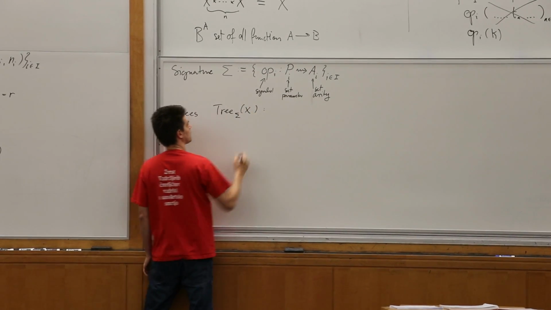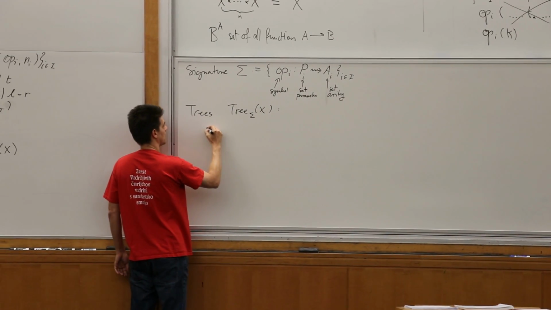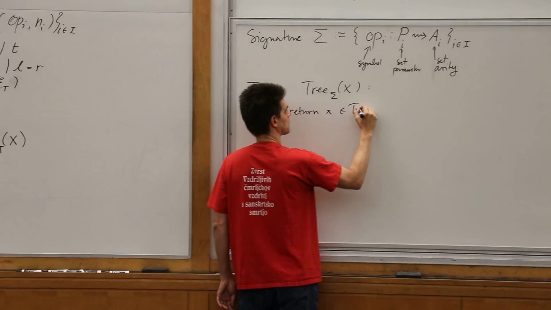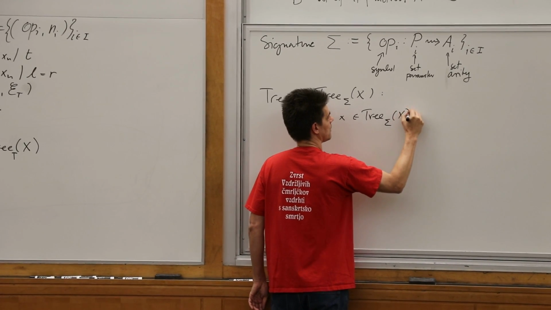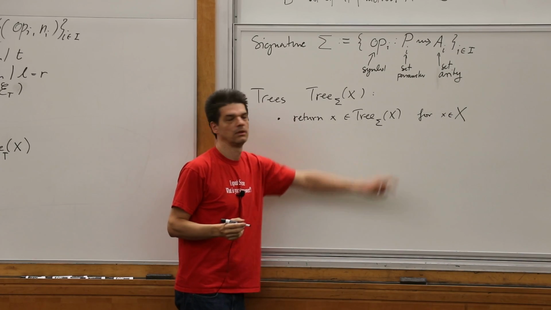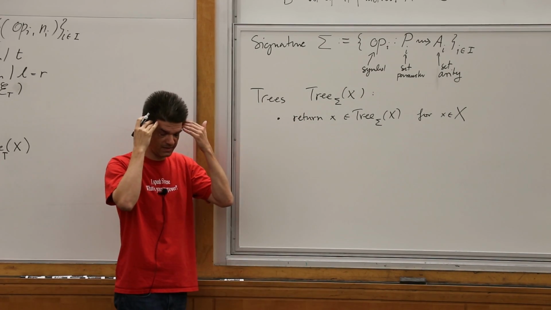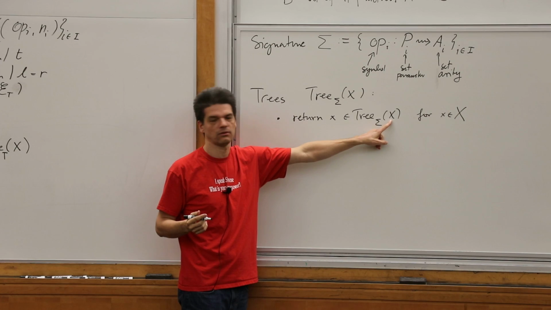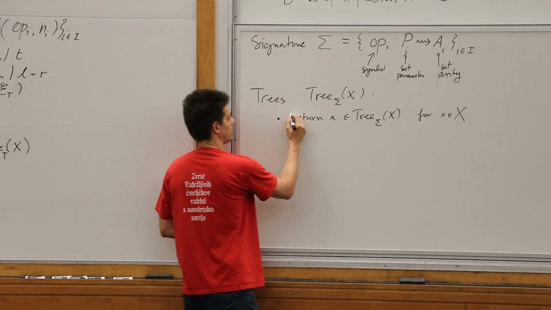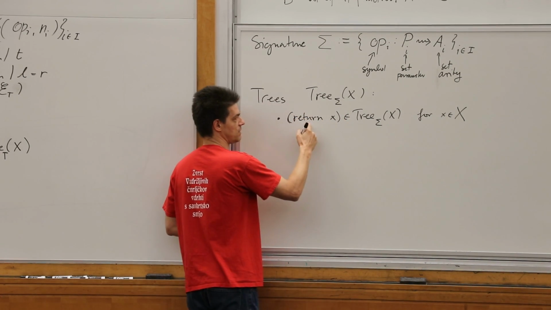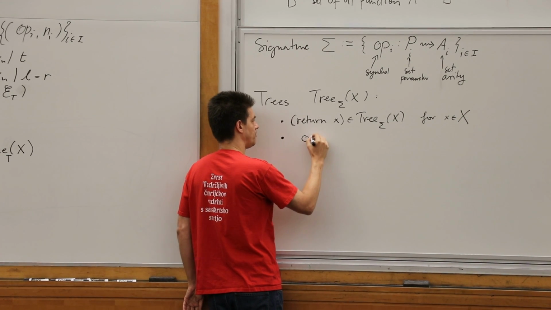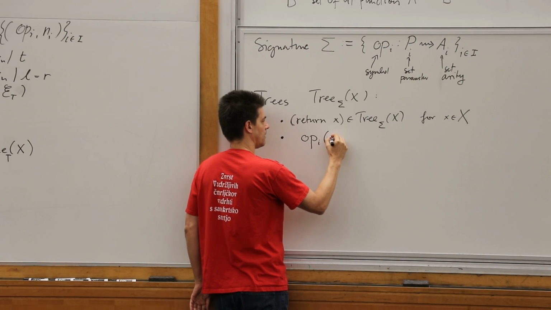So what are the trees? Return x is a tree for every x in X. So think of X as the set of variables. If you want to have the syntactic view of things, you think of this as the set of variables that can show up. And so return x, and I haven't really explained why I'm calling them return, but I need a tag. And then let's try the other one. So the other one is going to be op_i, a parameter